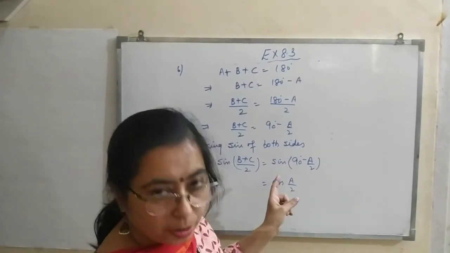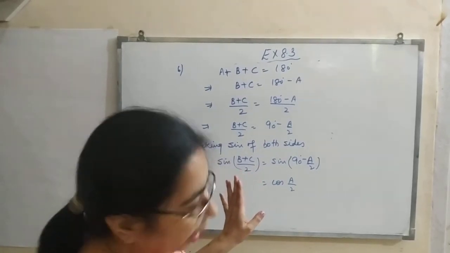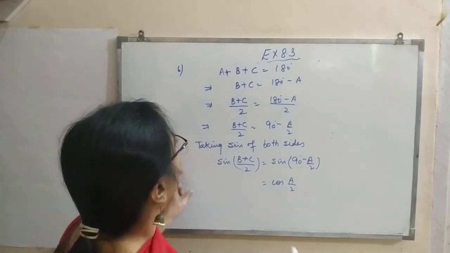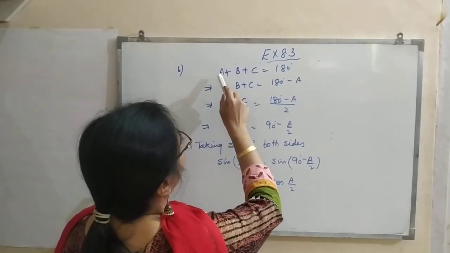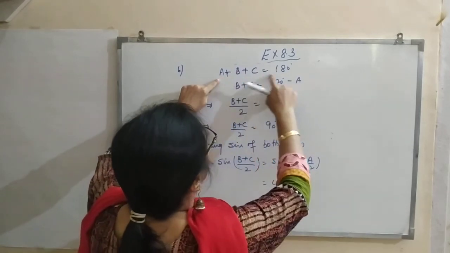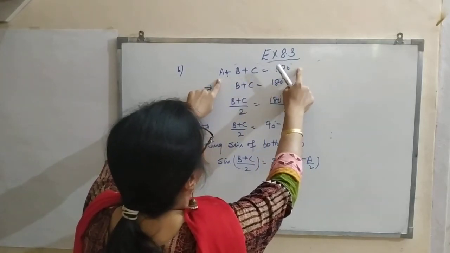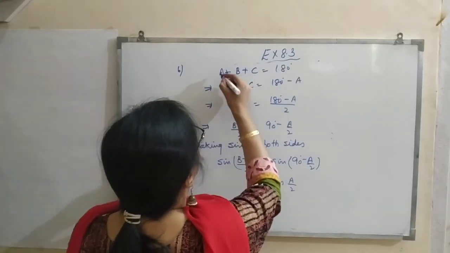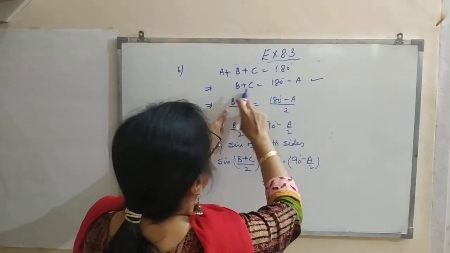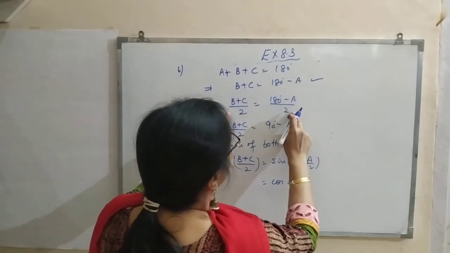Sixth question is also very important. A, B, C are interior angles of triangle ABC. Then you have to show that sine of (B plus C) by 2 is equal to cos of A by 2. Now when these are interior angles of triangle ABC, their sum will be equal to 180 degree. Angle sum property says A plus B plus C is equal to 180 degree. I transpose A to the other side, so B plus C becomes 180 minus A, and when I take half of both the sides, B plus C by 2 and 180 minus A by 2.